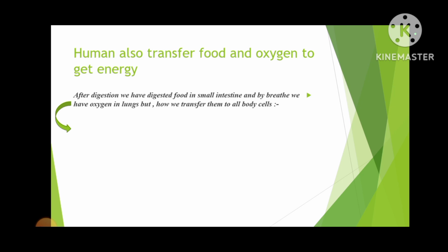But how do humans also transfer the food and oxygen that they need to get energy to all parts of the body? After digestion, we have digested food in the small intestine and oxygen in the lungs. Humans use